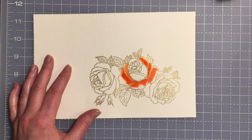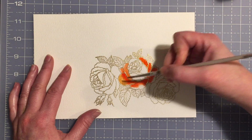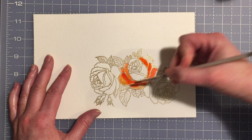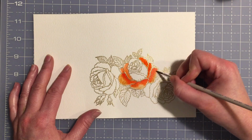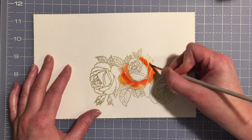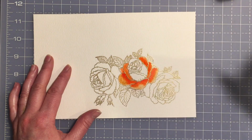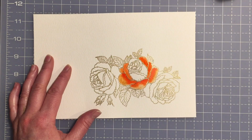and now, once my rose is completely painted, I'm going to take a little bit of the gold, and that's the Pixie powders, and I'm just going to add those to that bleed at the tips of the petals, just very quickly. There's nothing perfect about this, okay? And then